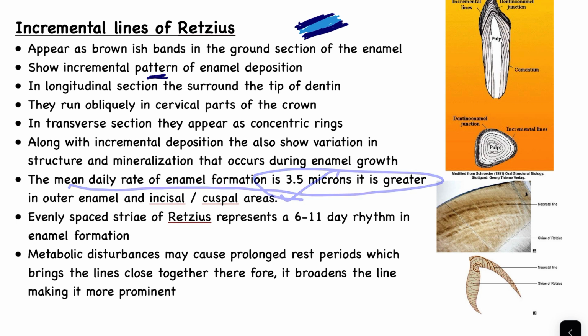Okay, the daily mean rate of enamel formation is 3.5 microns. So this is how much enamel is formed daily. It is greater in the outer and the incisor and cuspal region. So in the outer region and the incisor region, maybe the enamel is formed faster. Okay,